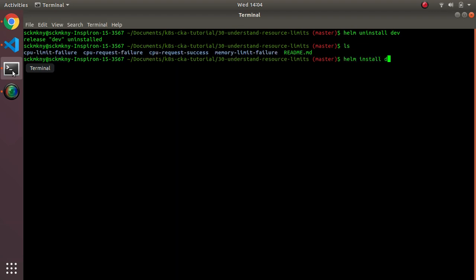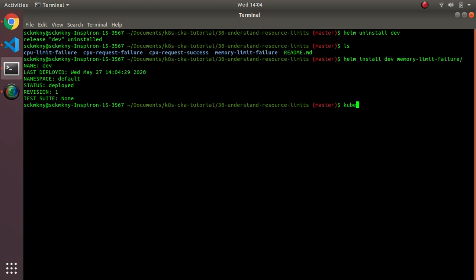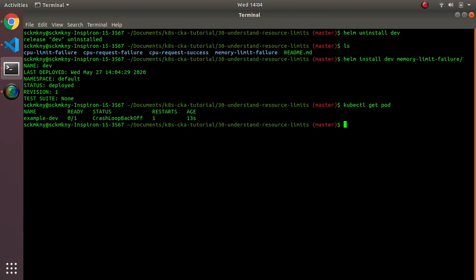Helm install dev, CPU, memory limit failure. Okay, and then let's look to see what happens in the logs now. Kube control get pod. Oh no, let's describe the pod. Well, let's get the pod first. Okay, so the pod is not running. It's in a crash loop backoff state. And if I describe the pod,